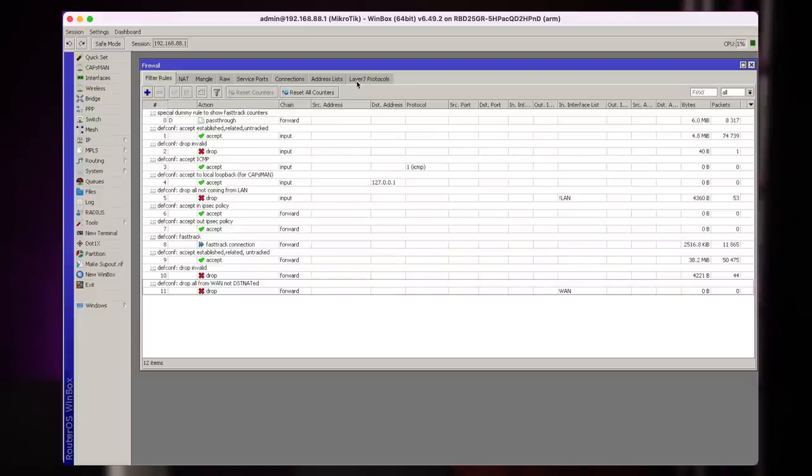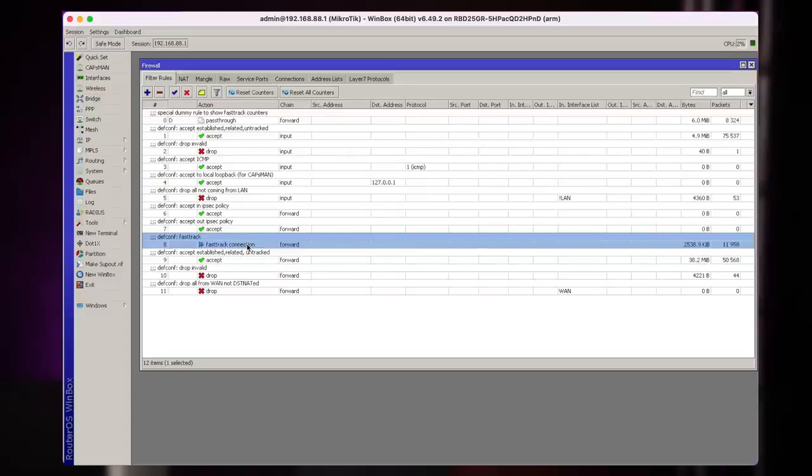So this is not possible if we're dealing with encrypted traffic. If you want to block web pages that use HTTPS, HTTPS is what all of the web pages use now, you need to look somewhere else, not inside the page, but in the SSL certificate of that page. So, since now we will deal with something more advanced, we can no longer use fast track.